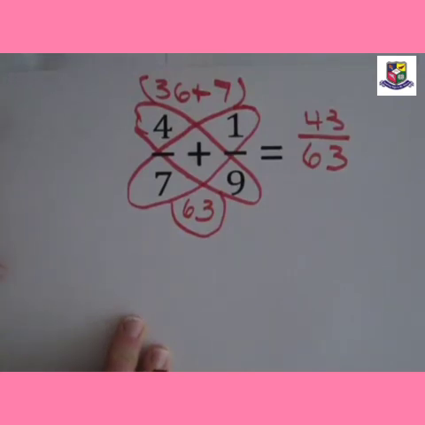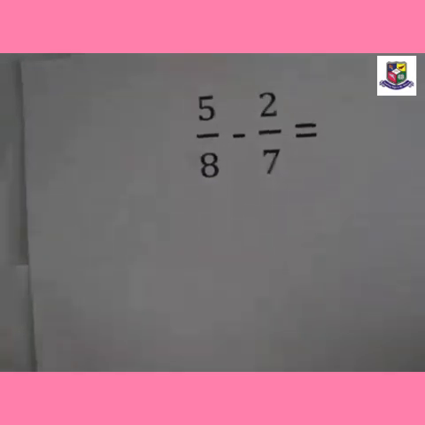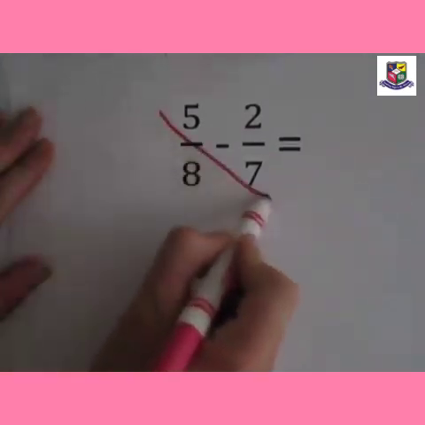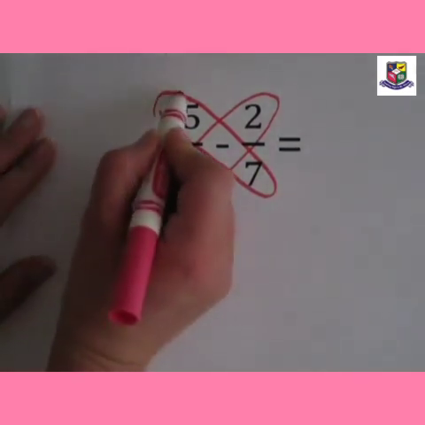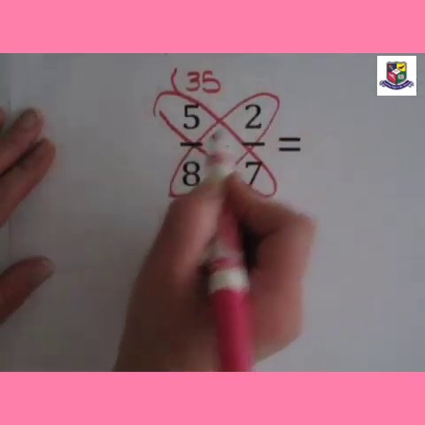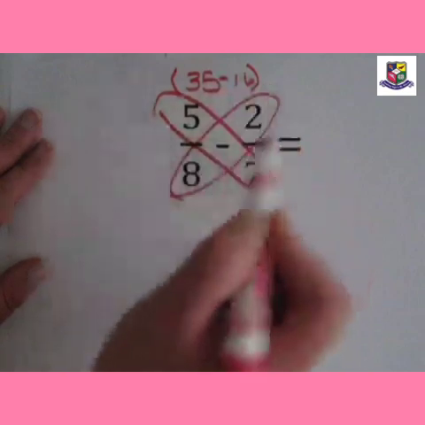Now let's do the same with another example of unlike fraction. We have the new fractions now that are unlike, 5 by 8 and 2 by 7. Here we have to subtract. So again we'll make the butterfly of this fraction by making the circle of 5 and 7 and 2 and 8. When we multiply 5 by 7, we get here 35. And multiply 8 by 2, we get here 16. In between the sign of minus.